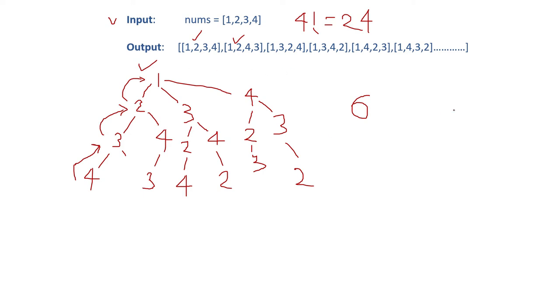Now in a similar way we can start with 2 also. By fixing the position of 2, we can then start with 1, 3, 4, and that way we can grow the tree. There also you will get 6. That means, by fixing the first position as 1, 2, 3, 4, every time we get 6 combinations. So the total is 6 times 4, right? So that will be our 24 as a result. In this kind of problem, backtracking is very much helpful.